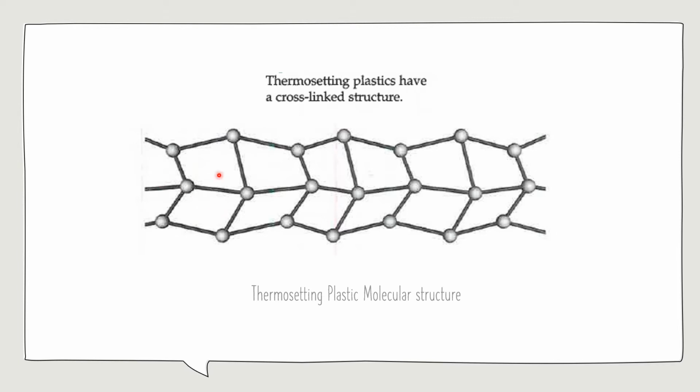Okay, so let's get into this structured diagram. Here is the molecular structure, and you can see how neatly they are cross-linked, see? Over there in thermoplastics, even though they are in a network, it's not an organized network. It's just whatever network, that's why we call it network. Here we call it cross-link because they are systematically cross-linked like that. Therefore, it gives higher strength, yeah?